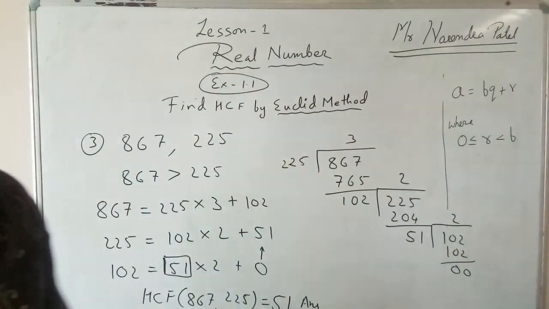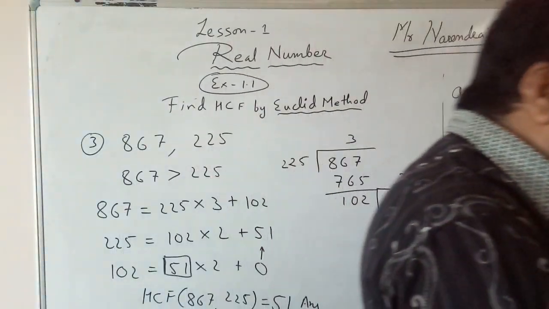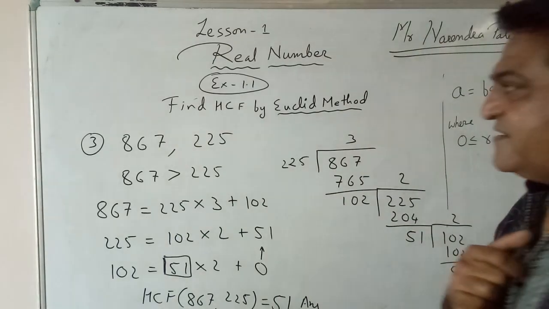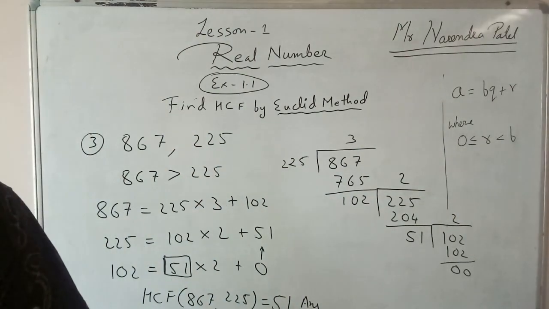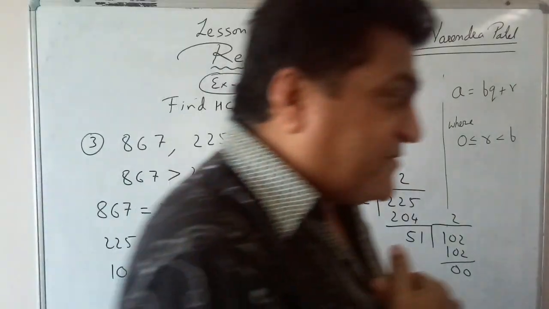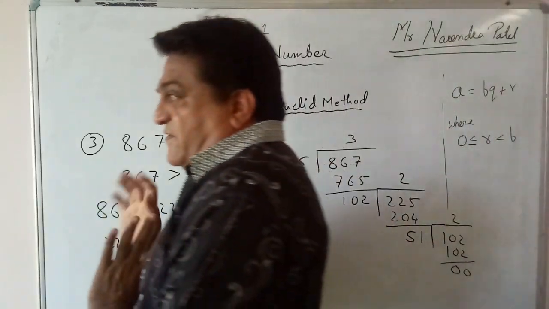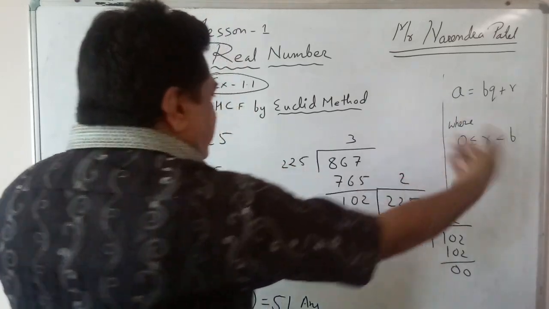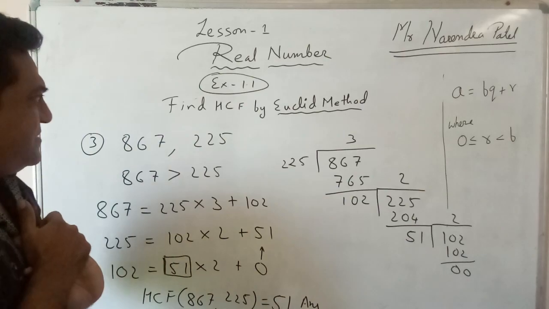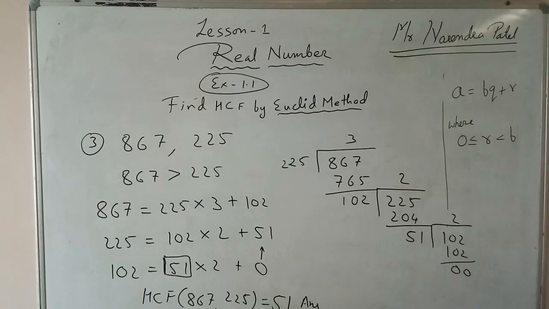Now this type of sums are asked. In 1.1, these three sums are done for you. You have to write them 2 times. This and the other sums of exercise 1.1 will be done for you, and some illustrations, some images will also be put for you, so that you can learn from images also. You just watch the video, use this method. This reminder you will use on the next sum. Here these are the sums of only HCF. Now we will do some problem sums. Proving sums we will do further, that you will learn in the next session.